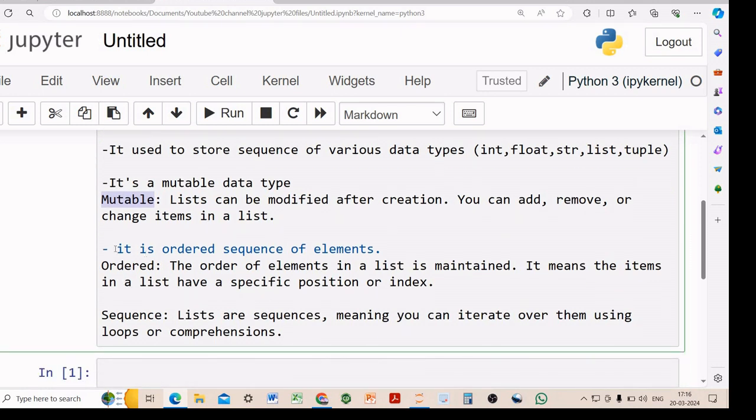And list is an ordered sequence of elements, which means we can say list is an ordered data type. So ordered means the elements have a specific order and that order is maintained in the list, and it means items have specific positions or indexes. So suppose we have a list and we want to execute that list. When we execute that list, we get the order as it is, whatever the order we pass